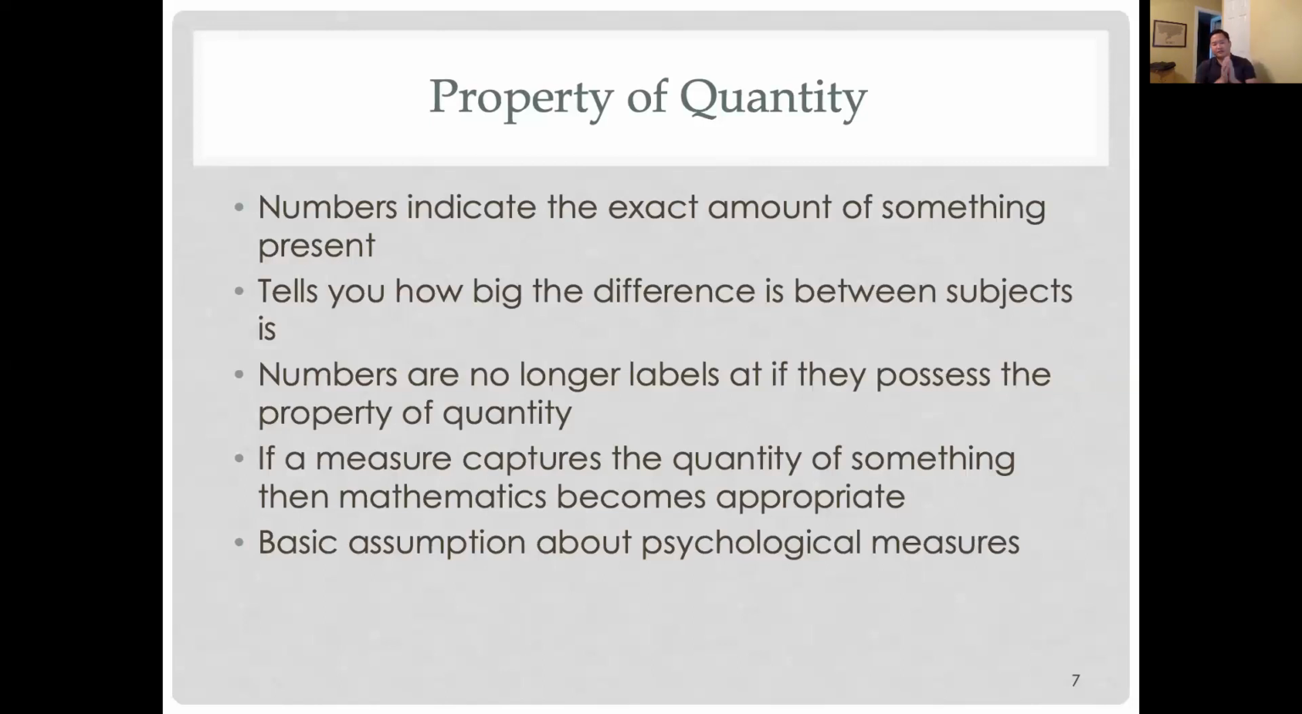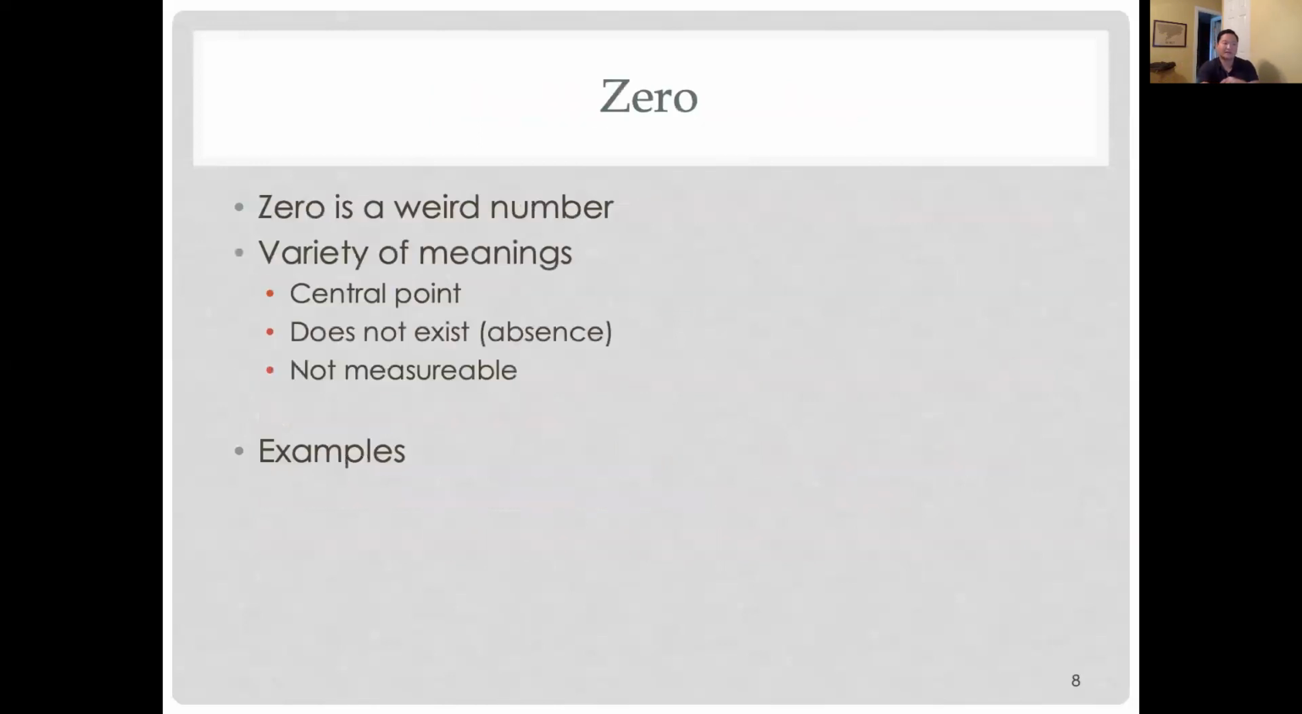So those are the three properties of numbers. I'm going to talk about 4 scales of measurement in a second, but we're going to have a quick digression here and talk about the number 0. Specifically, the number 0 is weird, right? Because it's used so